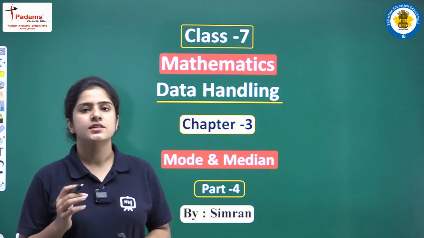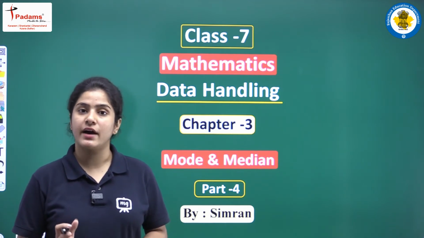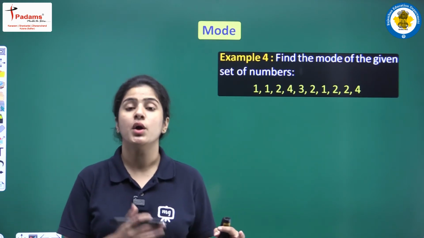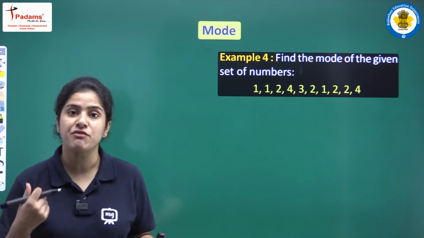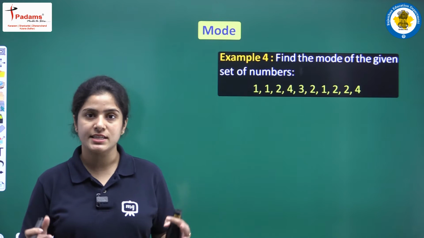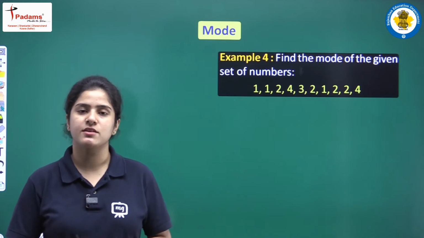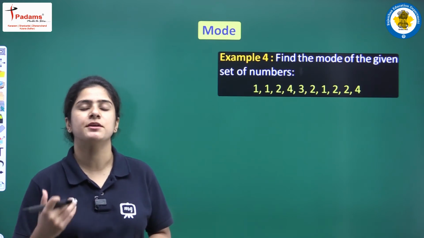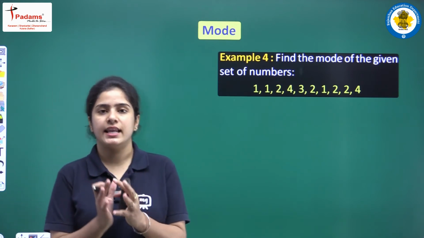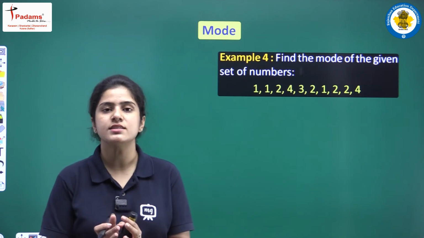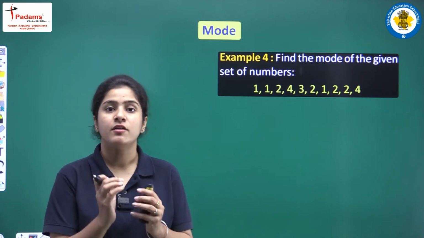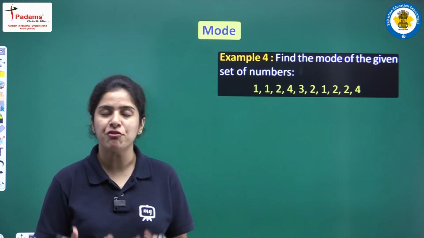Okay students, we have discussed the arithmetic mean in the last class. Apart from the arithmetic mean, we also find some representative values, which are very important and useful for calculating the usefulness of any particular data. Firstly, we will be talking about mode. What is mode, students? Mode is a number, and it can be more than one, but it is a number which is occurring most often in any data.